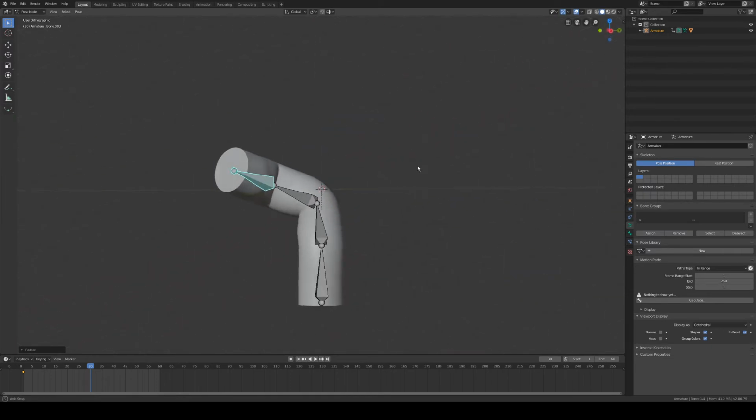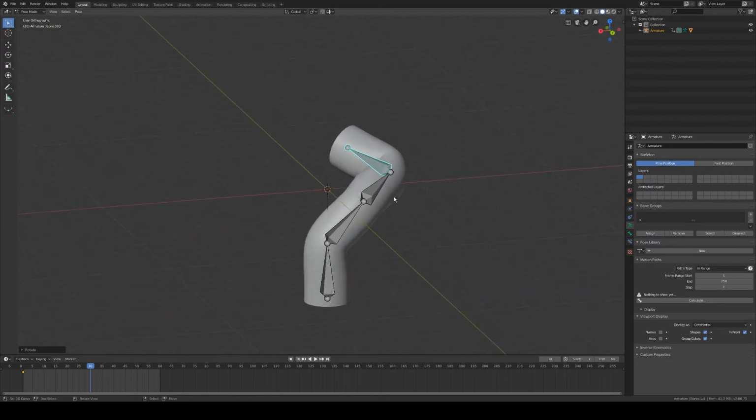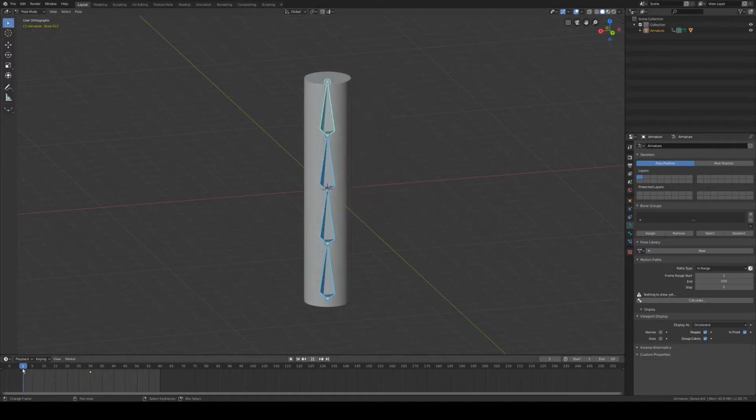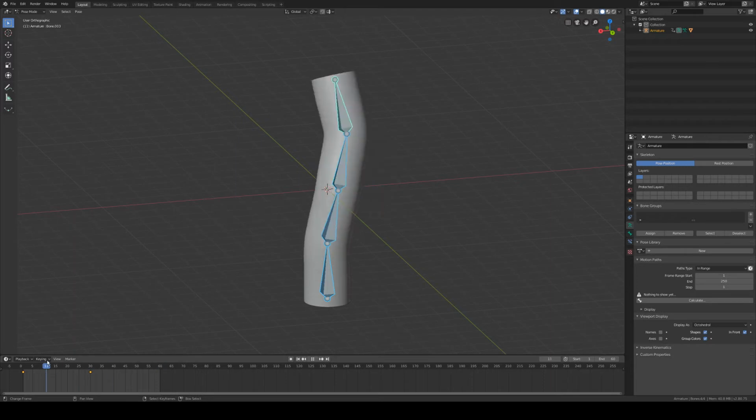How about that? So we get a weird looking piece like that. Hit A to select all your bones, press I, it added 40 more keyframes. Now, if I want this to loop back so that it looks like this at frame 60, I can go to